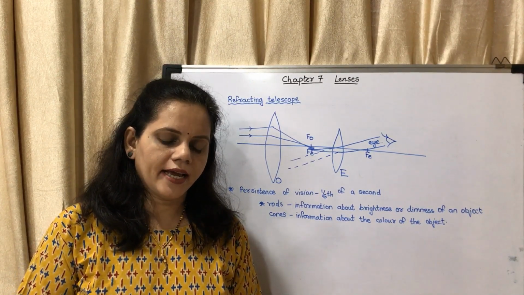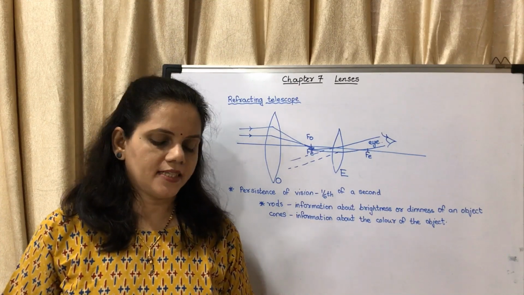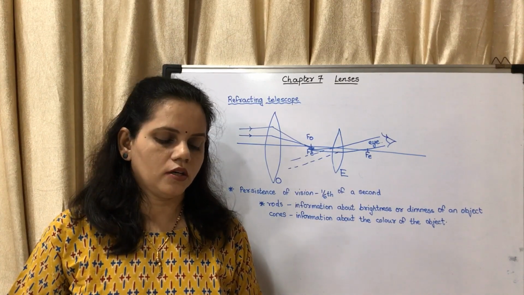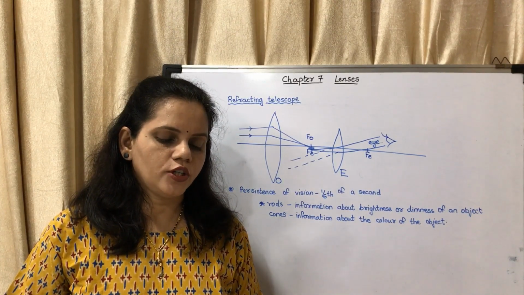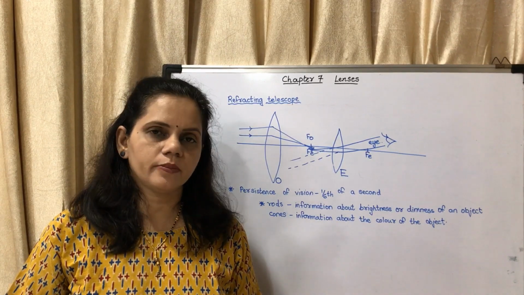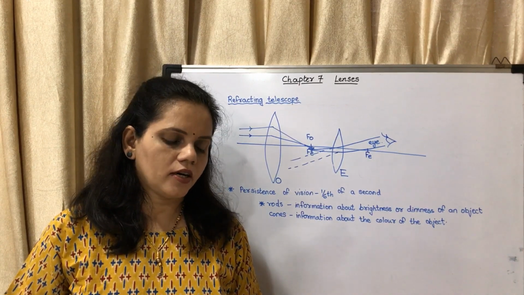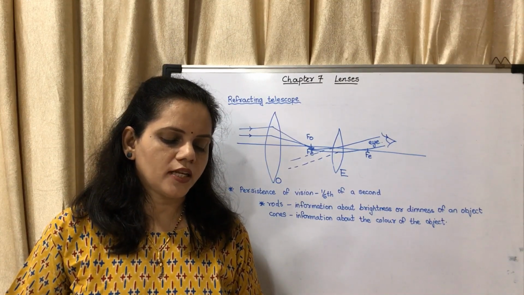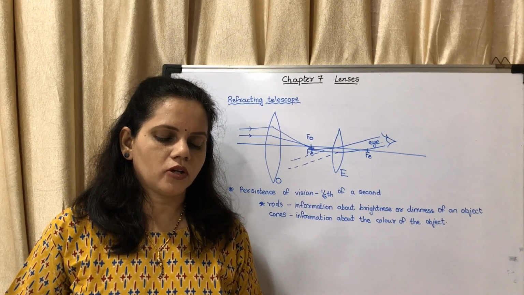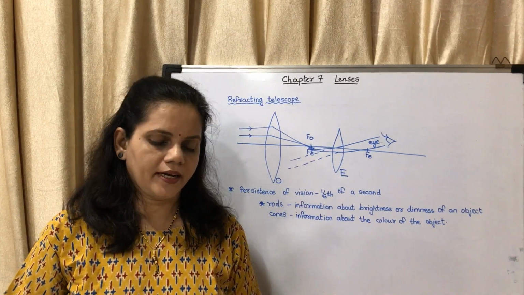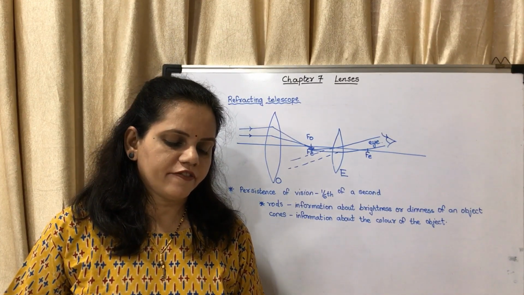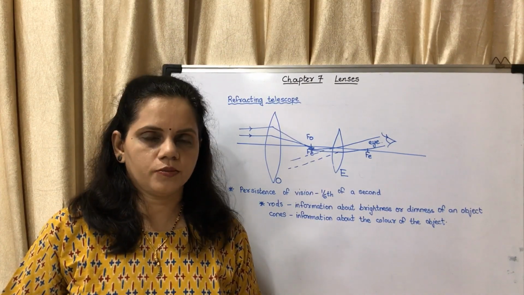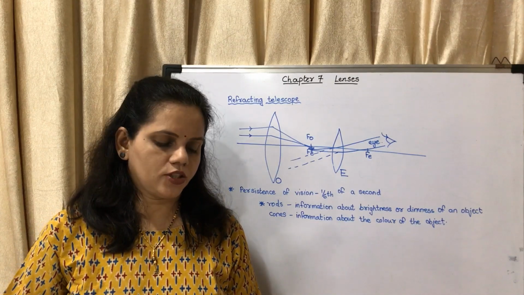The retina in our eyes is made up of many light sensitive cells. These cells are shaped like a rod and like a cone. The rod-like cells respond to intensity of light and give information about the brightness or dimness of the object to the brain. The conical cells respond to the color and give information about the color of the object to the brain. The brain processes all the information received and we see the actual image of the object. That is how we see the image.